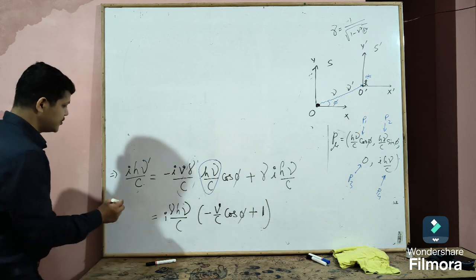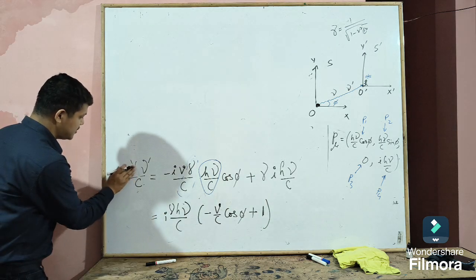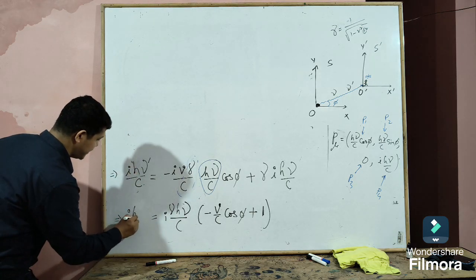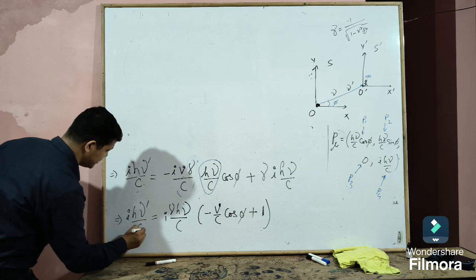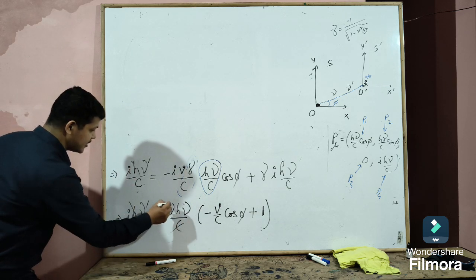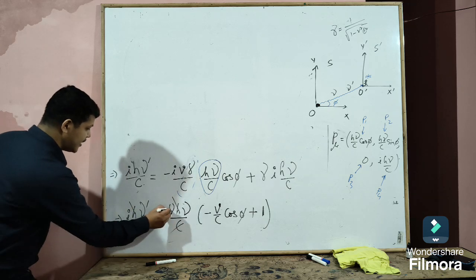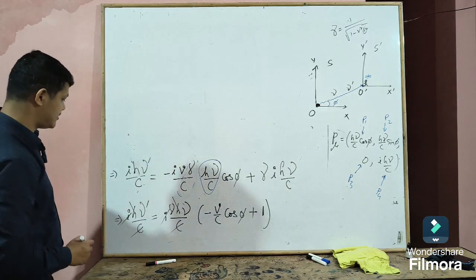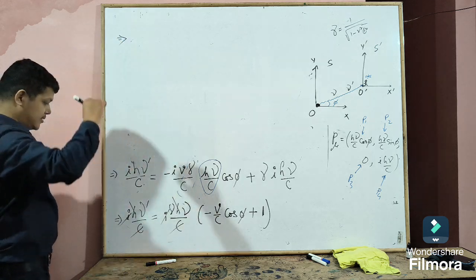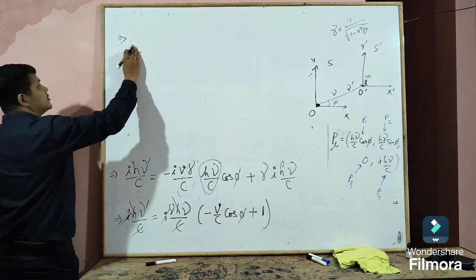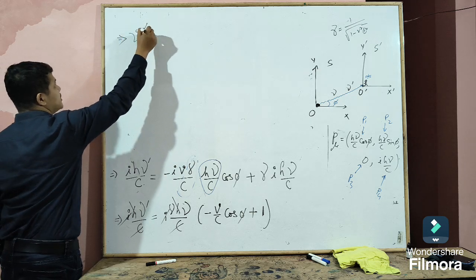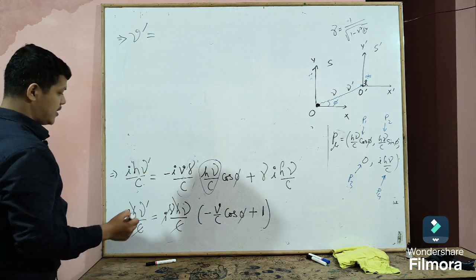So here, let me write, here you see I is nu dash by c, that c cancels, h also cancels, I also cancels, right? Then we end up getting nu dash is equal to